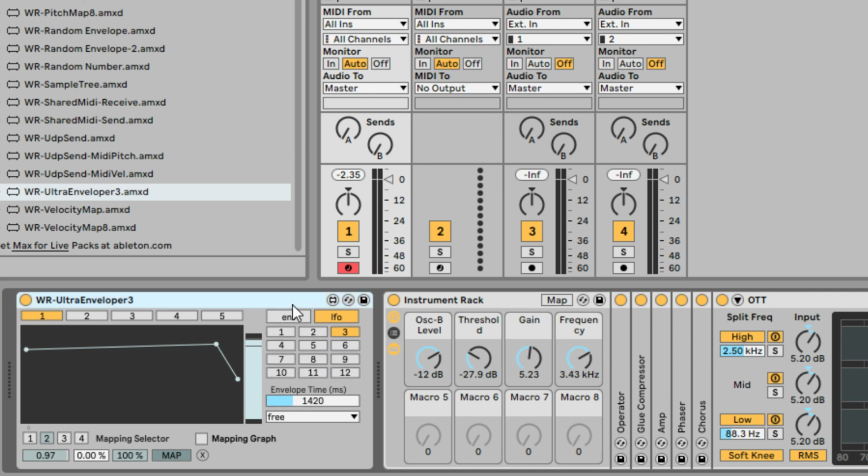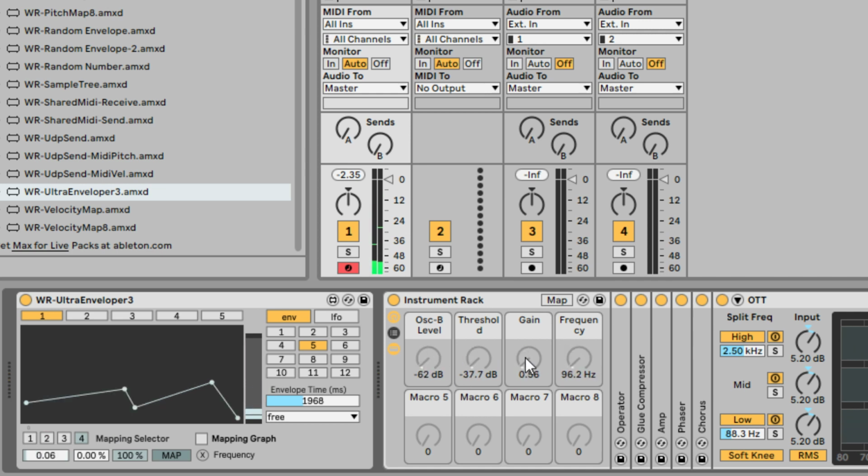Okay, cool. So let's switch it to LFO for now. Let's put, I don't know, 5 points. And here I have some stuff to make like a bass sound. So let's map all of these to these parameters really quick here. Number 2 to threshold, number 3 to gain, number 4 to frequency. Okay, so now you'll notice when I press a key,